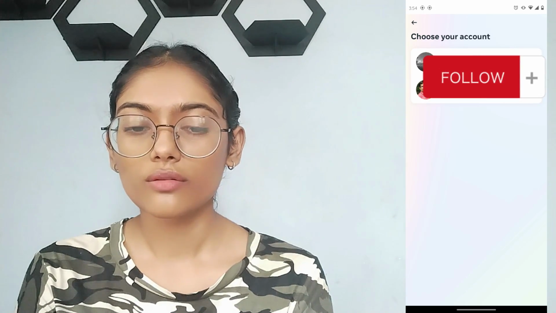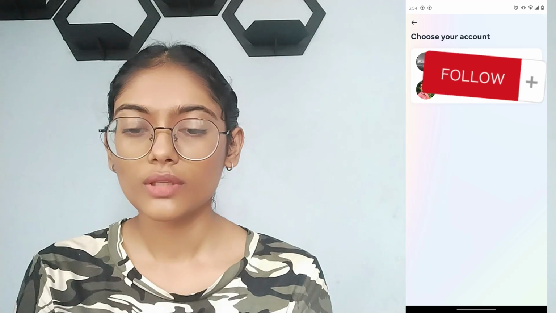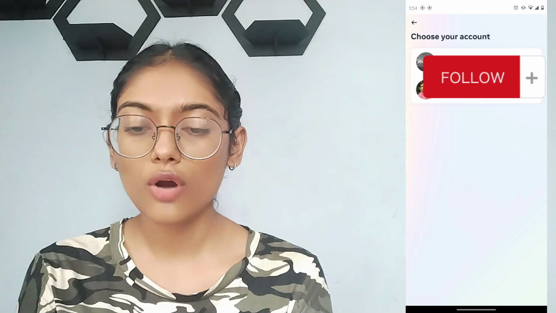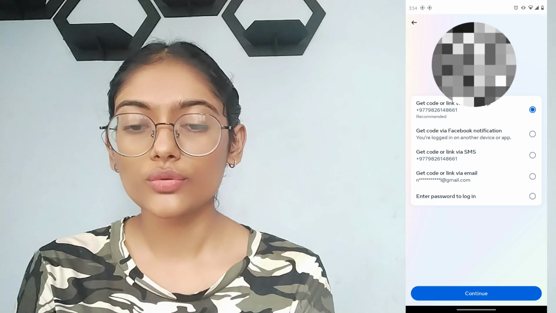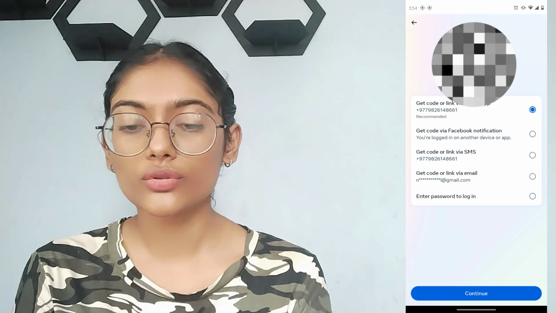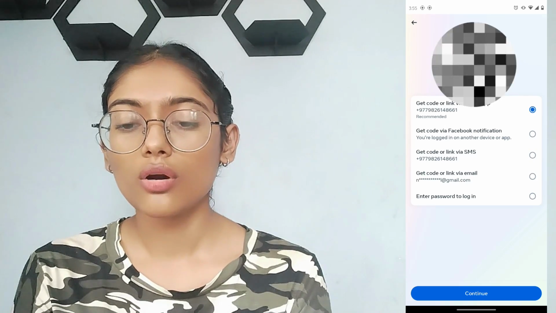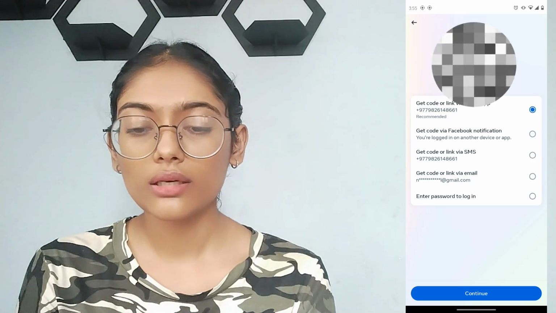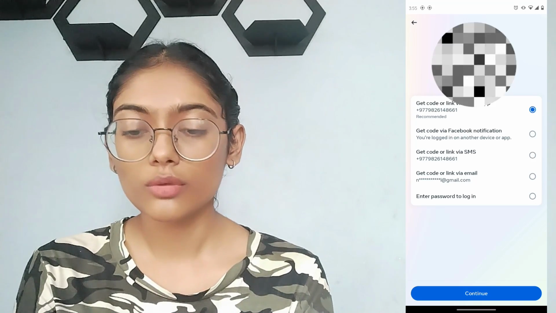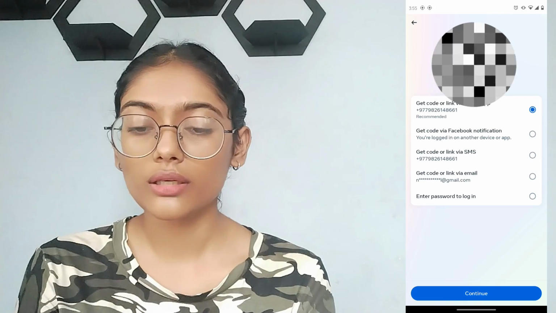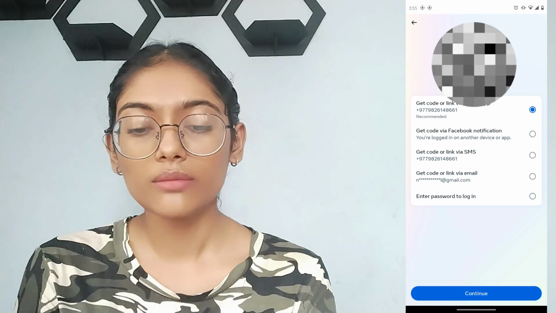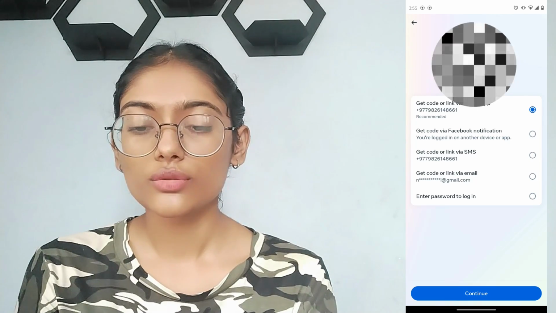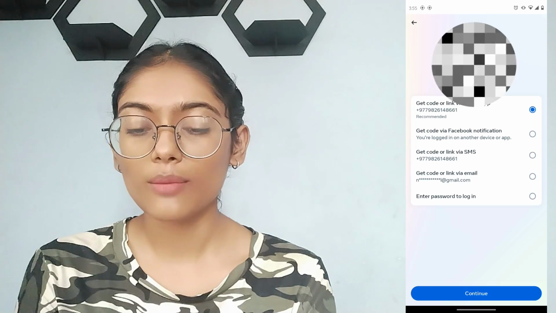So you can choose any one of those accounts, and then after choosing, here you will have a bunch of options. So you can get a code through your WhatsApp, or you can get a code through your Facebook notification, or you can also get a code through SMS on your mobile number, or you can also get a link through email. So you can choose any one of these options, and then you can tap on continue,